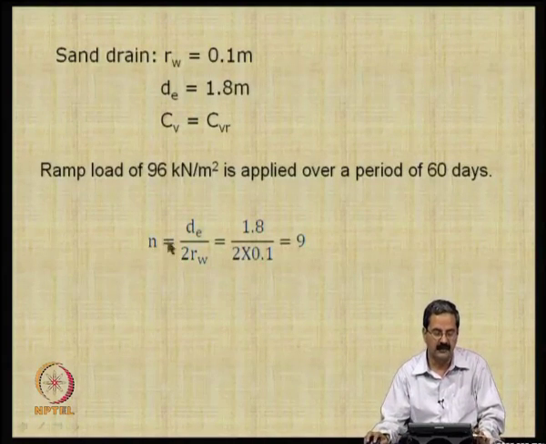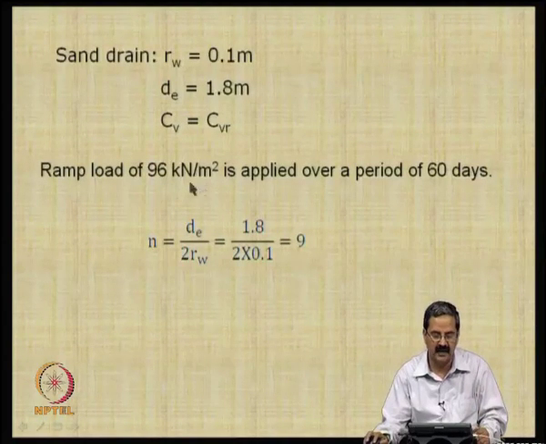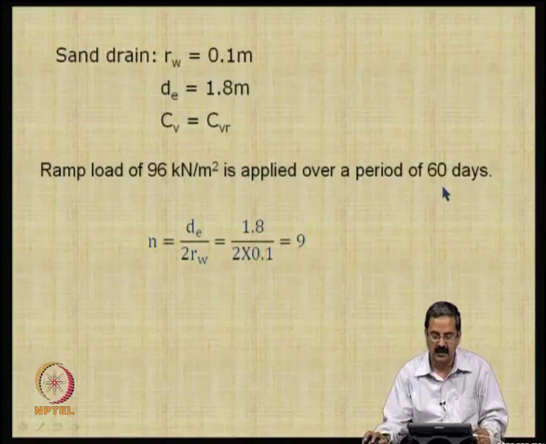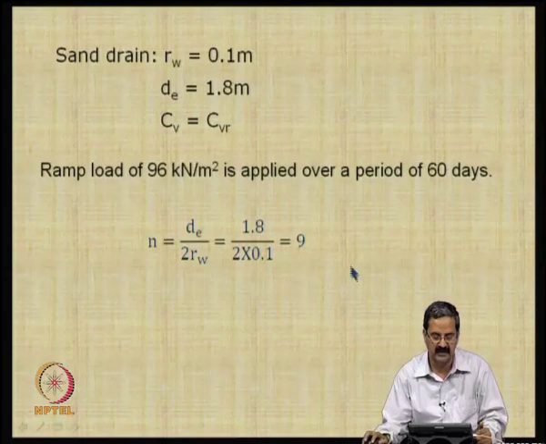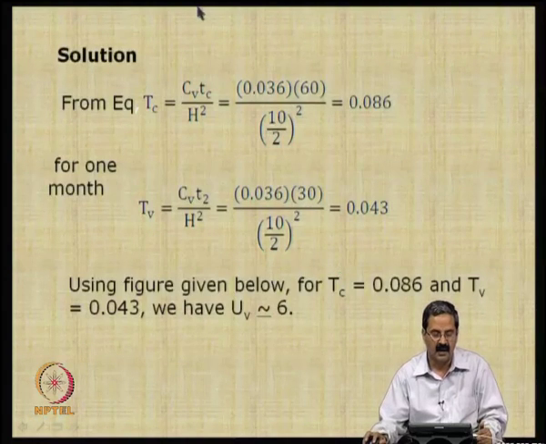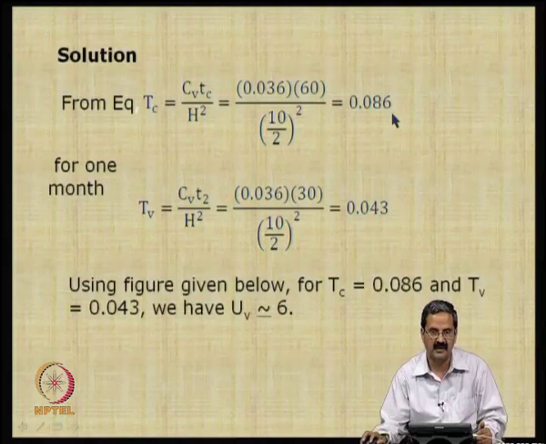So, what we do is apply a ramp load slowly, we call it a ramp load, of 96 kilonewton per meter square over a period of 60 days. In this case we go through the same example. N equals dE by rW, so again this number is 9. Then we calculate the time factor for the 60 days we have applied, with double drainage, and these are coefficients. TC is 0.086,